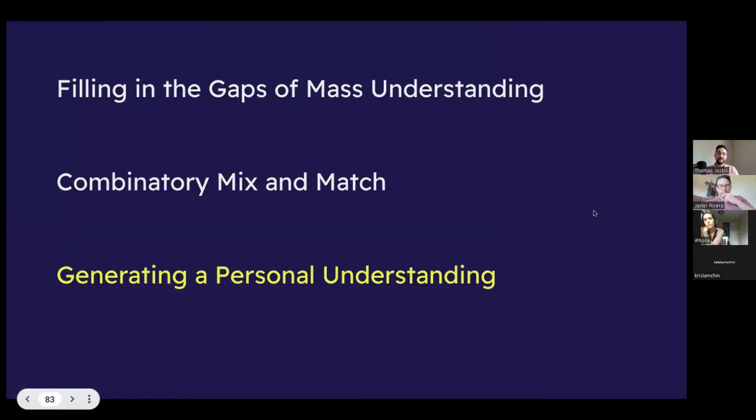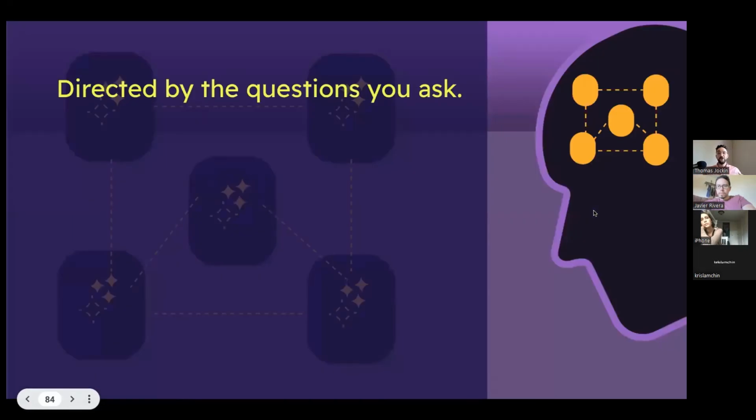But then lastly, generating a personal understanding. Now, this is something that AI cannot do. Using tools like, I think, Napkin can help you gain this more effectively than not. But in general, an active mode of reading and writing would achieve this. AI tools basically help you move forward in that procedure, because you have to direct it by the questions you're asking. That's basically what it all comes down to.